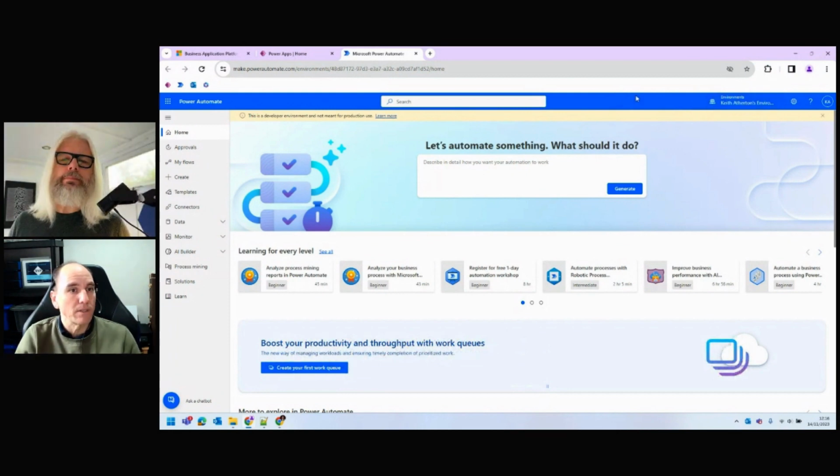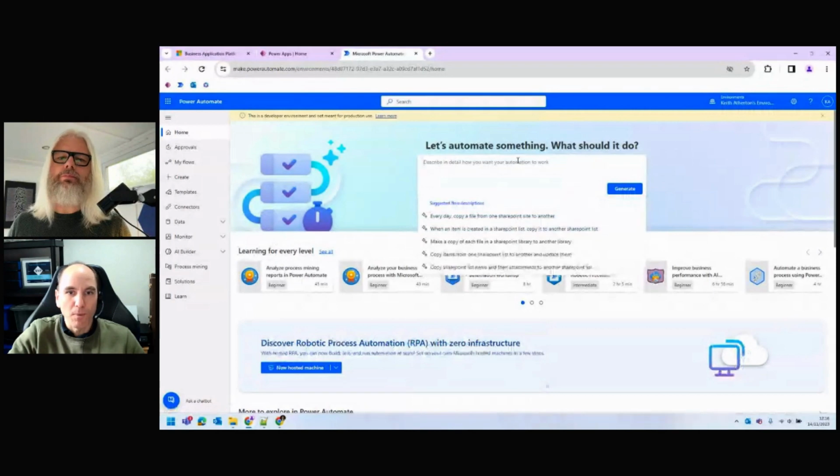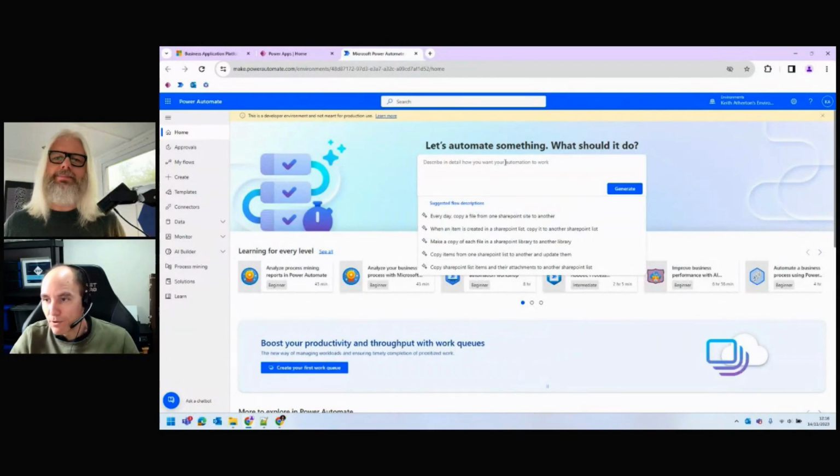So you can separate with a dev, test, prod, or if your ALM is a bit more advanced than that, you can create these environments. The one thing we've got in this Power Automate portal is links to some learning materials. As I mentioned before, you've got Copilot here, where you can actually free type to build the flow, and it will just build it for you, which is great.